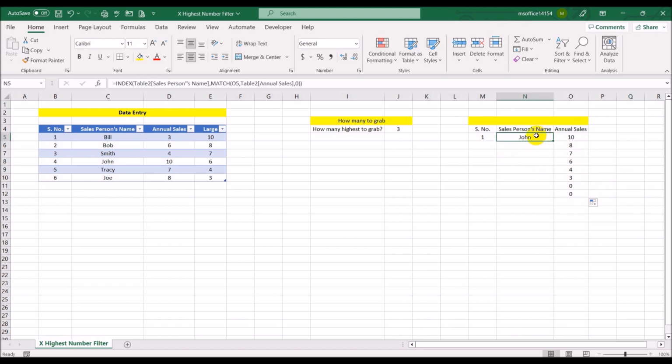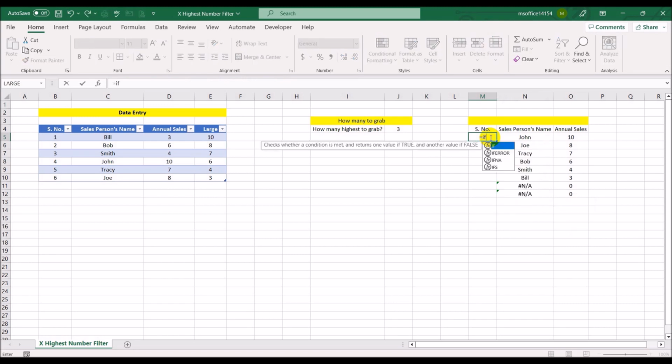Similarly, we'll copy this formula down. All right. Now, here's where the magic happens in column 1. Now, what we'll do is we have to say IF,